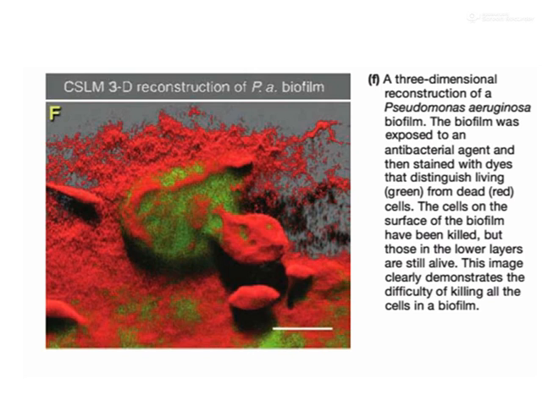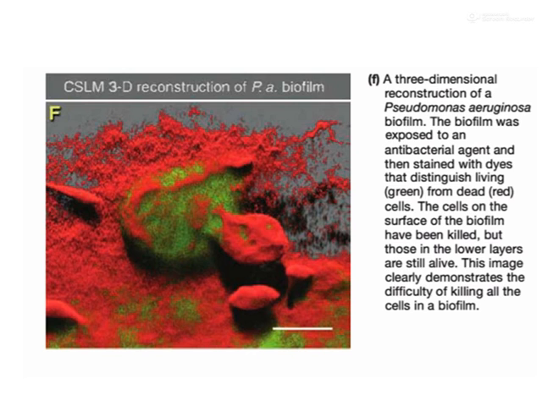So this is a confocal scanning laser microscopy based imaging of a Pseudomonas aeruginosa biofilm, and it clearly demonstrates the difficulty in killing biofilms. When the bacterial cells are inside, it is very difficult to kill them